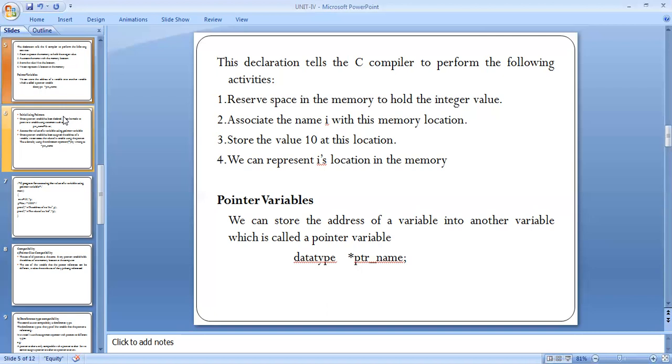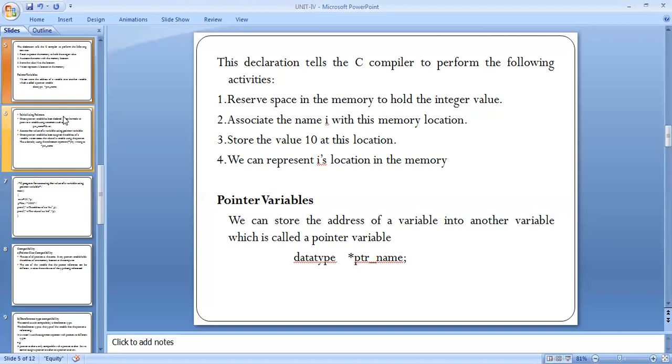What is a pointer? A pointer is a variable used to store the address of another variable. Whichever data type you use with pointers, that data type determines the memory allocation for each cell. For example, if I am using the char data type in pointers, each memory location can store 1 byte.